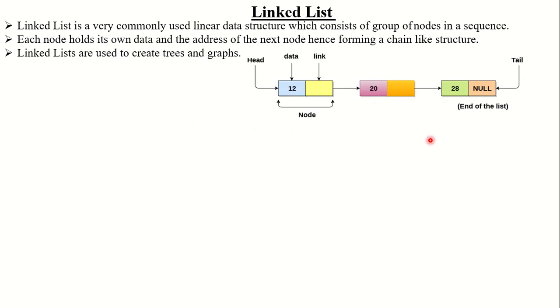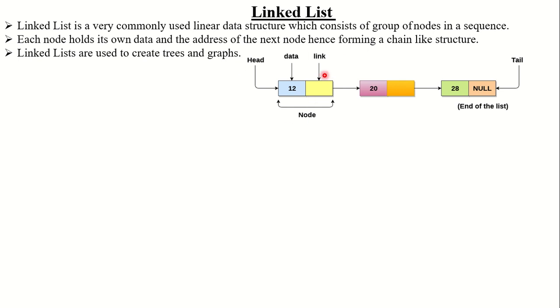Suppose there is something we can call a user defined data structure. You know very well what a user defined data structure is: the data structure which is created according to the user requirement. We create data structures like class, union, structure, and enumerator, which are known as user defined data structures. So what we did, we simply created a node. A node contains two parts. It generally contains a data part and a link part. According to the type of linked list, the link part may be two links or one link, depending on the type of linked list.